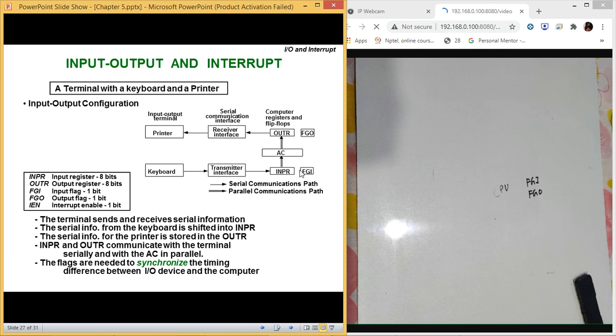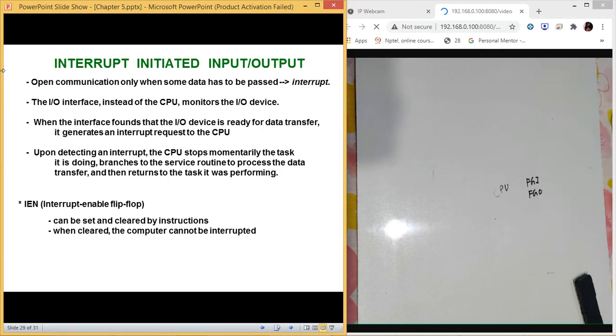And whenever there is a status change, means FGI will become 1 and FGO will become 0, the transmitter interface and receiver interface will be sending an interrupt to the CPU that now data has been filled, now you can pick it up. So this is how the interrupt initiated input output works.